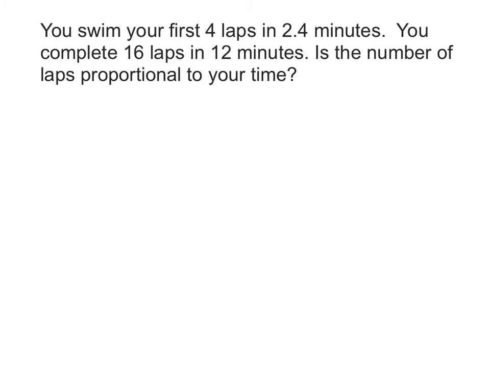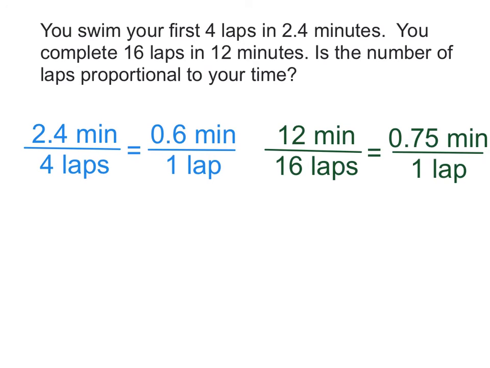Let's take a look at one more example. Go ahead and read the question. Now, to solve this, you can either compare unit rates or you can use the cross products property. First, we'll compare unit rates. I've already set up my unit rates here, so 2.4 minutes over 4 laps, 12 minutes over 16 laps, and